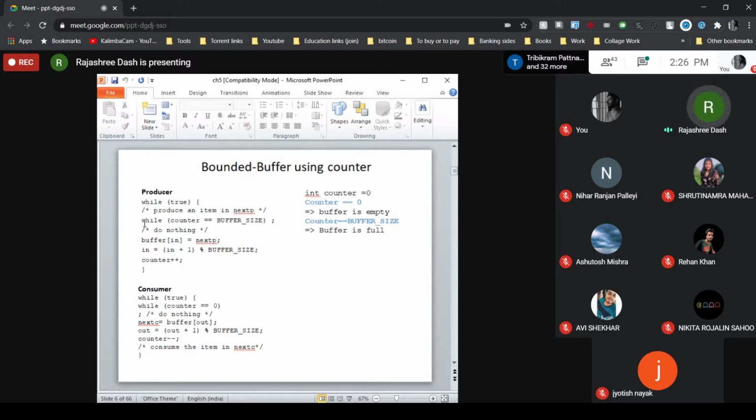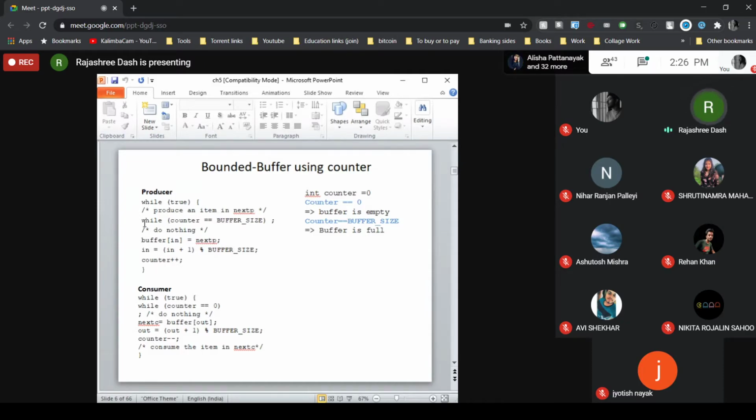After that, in is incremented by 1. As the buffer is implemented as a circular array, it is written in equal to in plus 1 modulo buffer size. And after the producer stores one item in the buffer, it increments the counter value by 1. So counter plus plus.